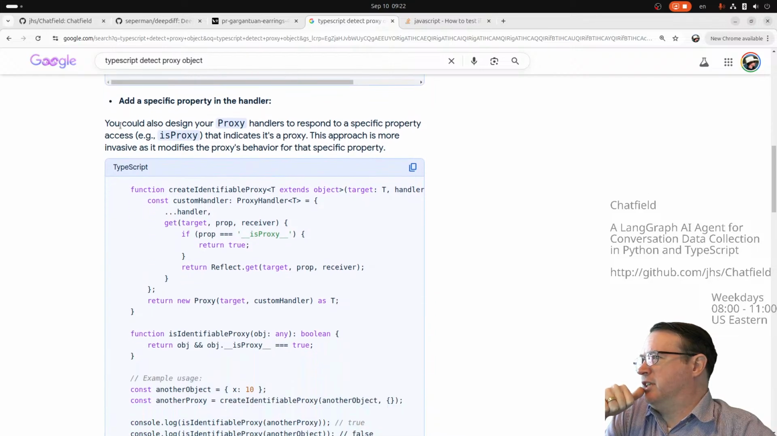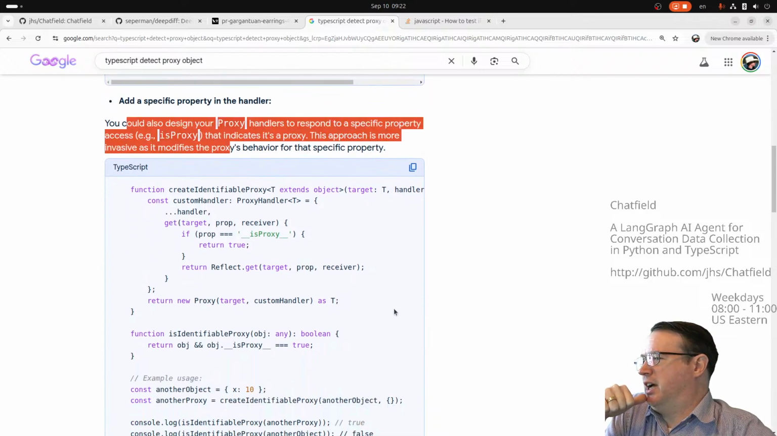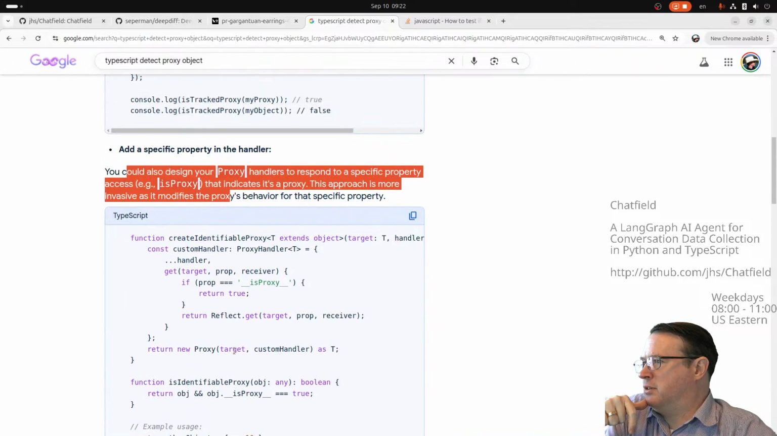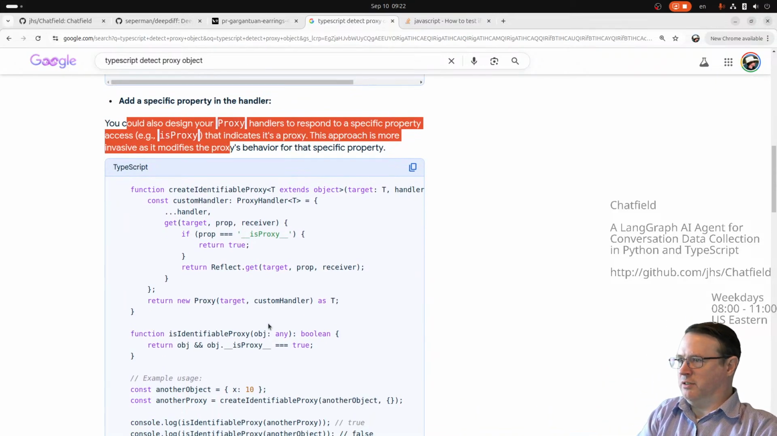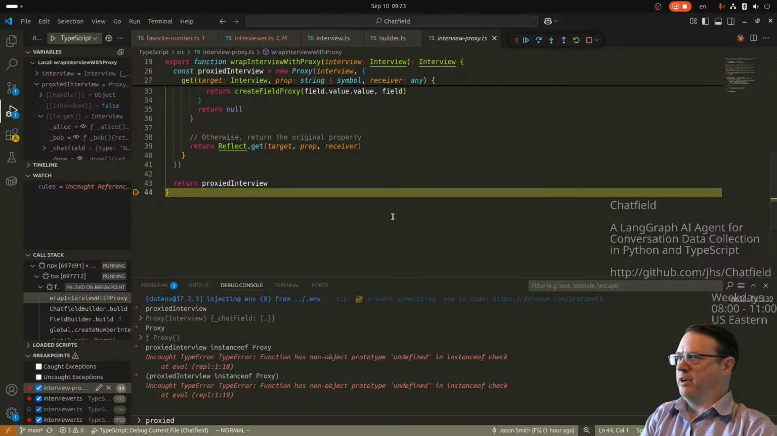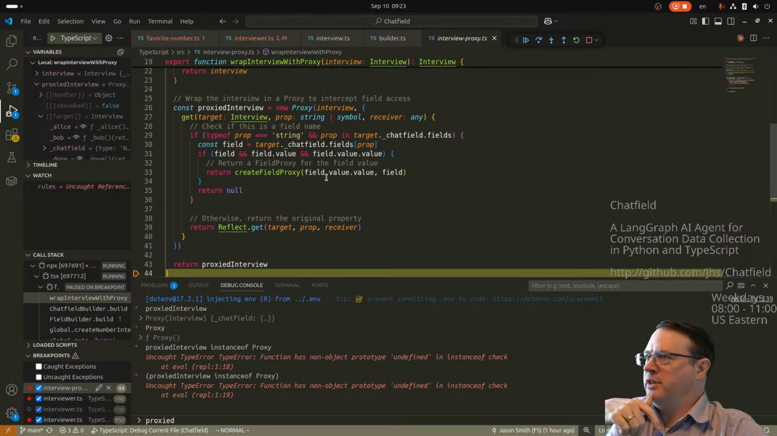Oh, let's definitely do this. Let's definitely do that. Is identifiable proxy, we're definitely doing that. Return object, underscore is proxy. Yeah, let's definitely do that. So then that would, okay. So then here,